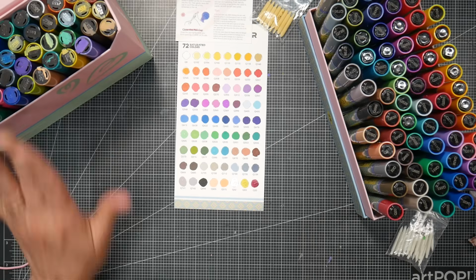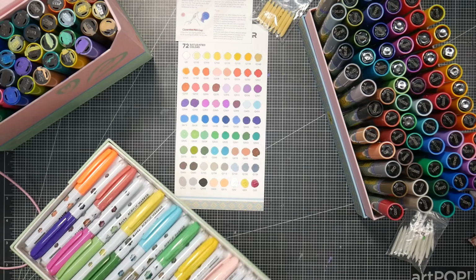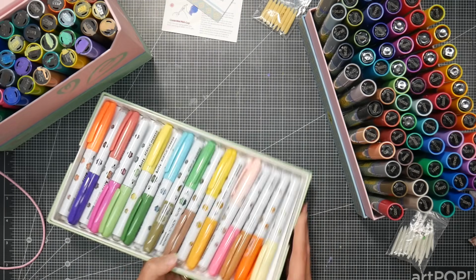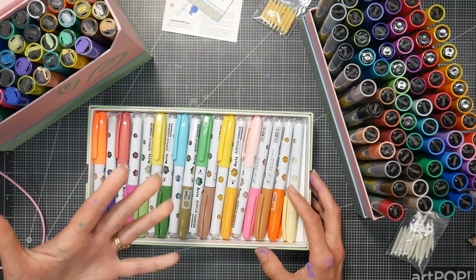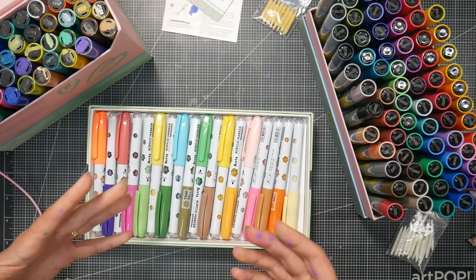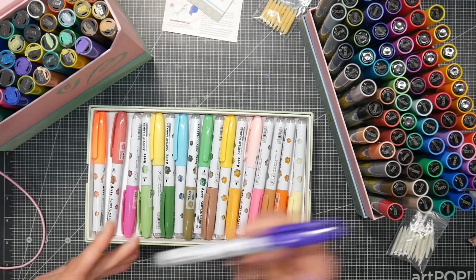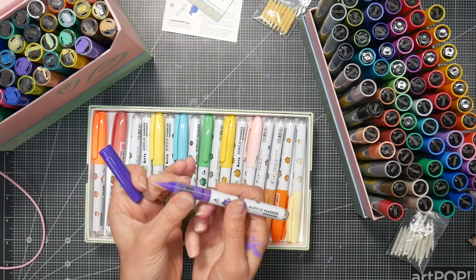The one that I would recommend, if you want a brush tip from Arrtx, is this one right here. It comes in 36 colors, and the thing I really like about this set is, and I don't know if everything's going to be on sale, but it does seem like these brands, like Arrtx and other brands you see on Amazon a lot, do opt into these sales. But the nice thing about these is that you just have to shake them up to get them going. They come already started,